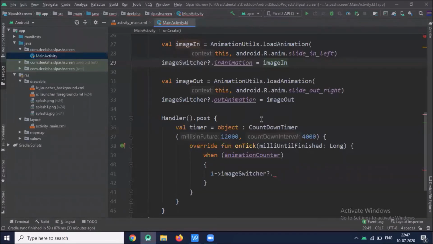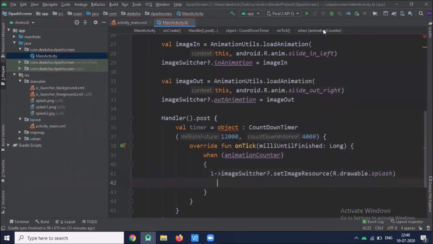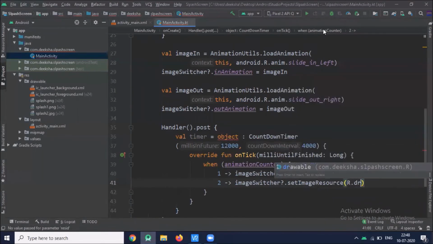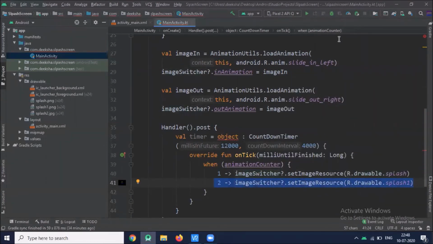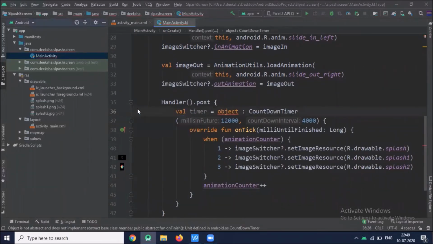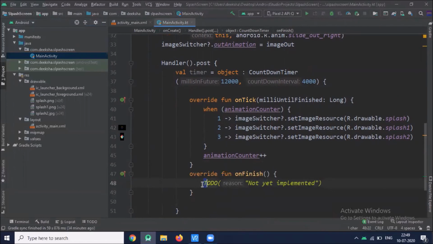On every tick of the countdown timer, we increment our image counter and change our image accordingly. So when our countdown timer finishes, we move to another activity.